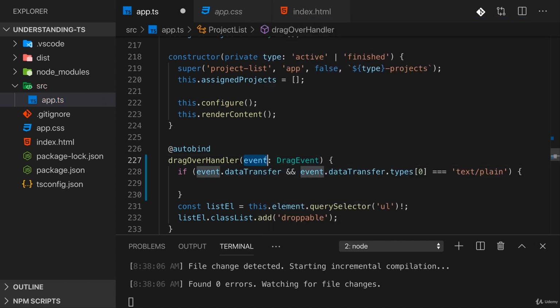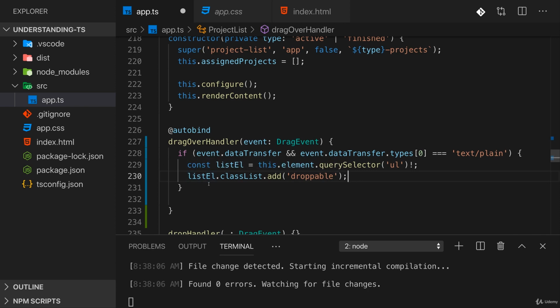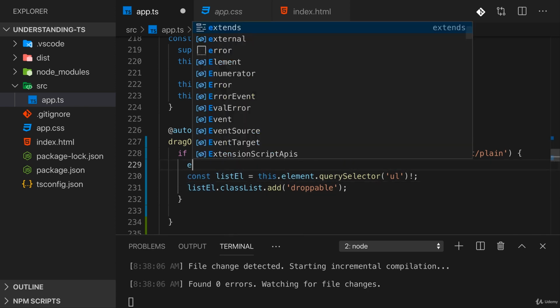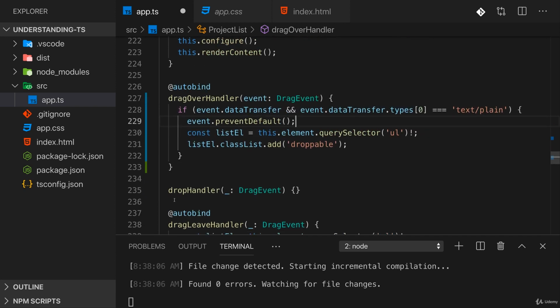Of course, I now also need to replace the underscore with event again, because I'm referring to it here. Now, if that is the case, then I know I want to allow a drop. So then I will update the background. And there's one other important thing we have to do. You have to call event.preventDefault. Now, why do we have to call that? Because in JavaScript, drag and drop works such that a drop is actually only allowed, so the drop event will only trigger on an element, if in the drag over handler on that same element,